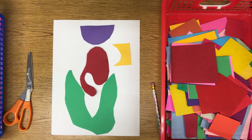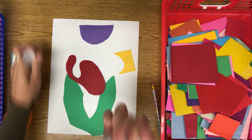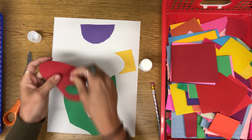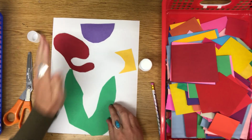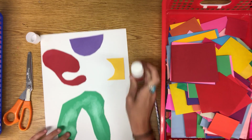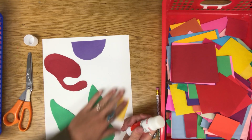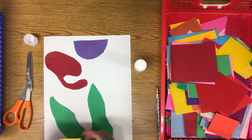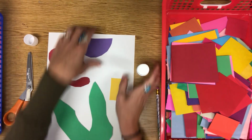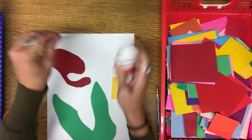So, once I have my composition that I want, I would then get my glue stick, put my glue on, and then I lay it down. Okay? And you repeat that, gluing all of your shapes down in your composition that you have created. And I'm just changing the one I already had. It's very fun. Okay, so